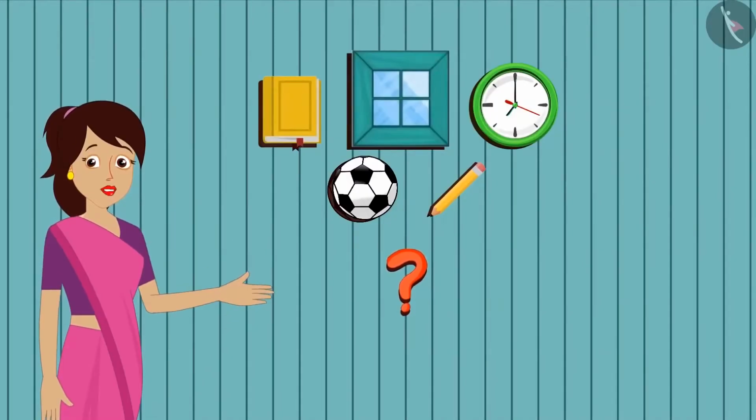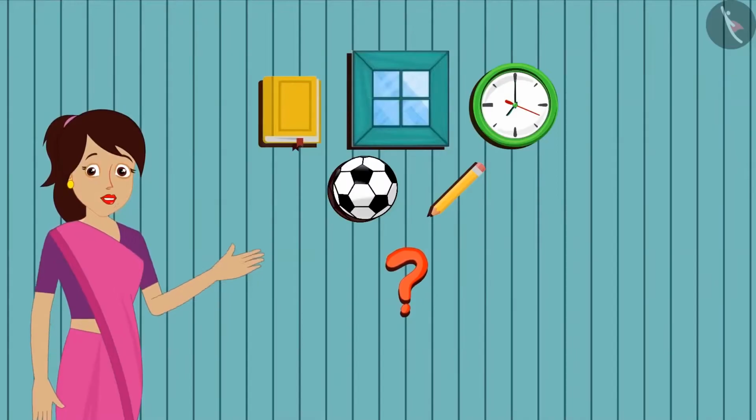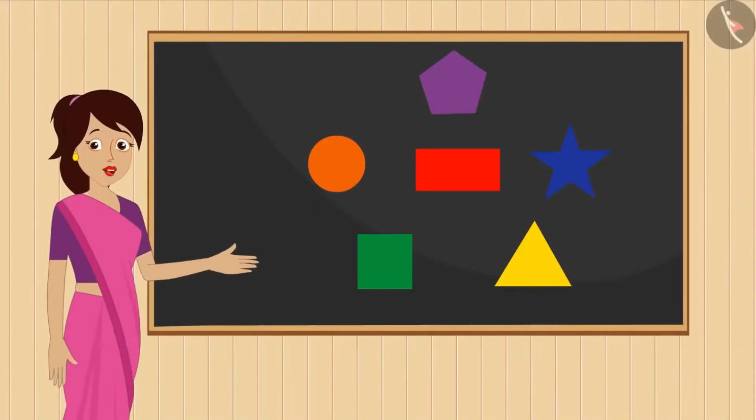Come, let's go to my class. Today I am going to discuss with the students some interesting facts related to shapes. Students, so can you identify the shape of this blackboard? If you observe this blackboard carefully and trace the 4 sides of the blackboard with the help of a chalk on the wall, which shape will you get?